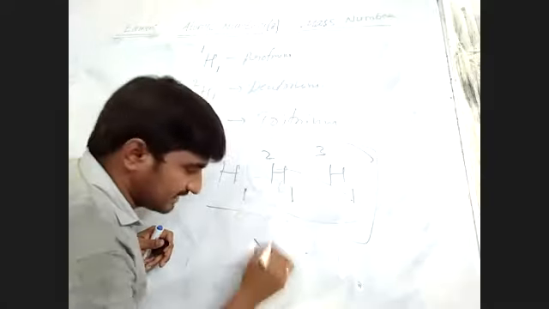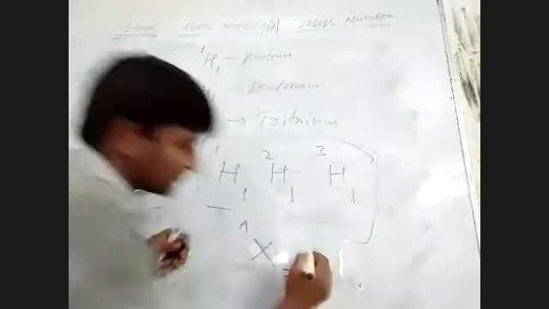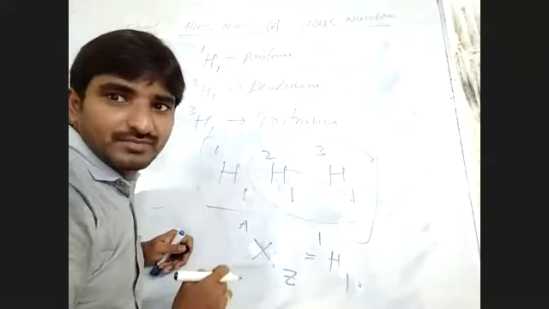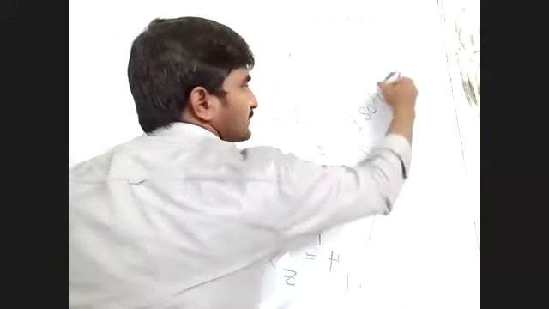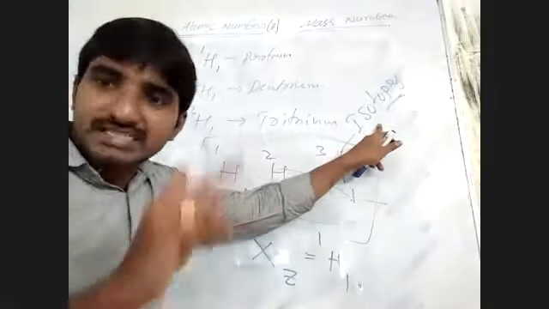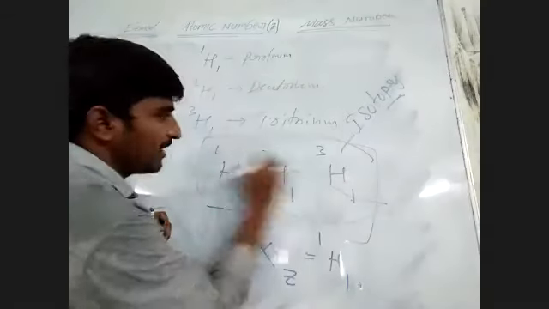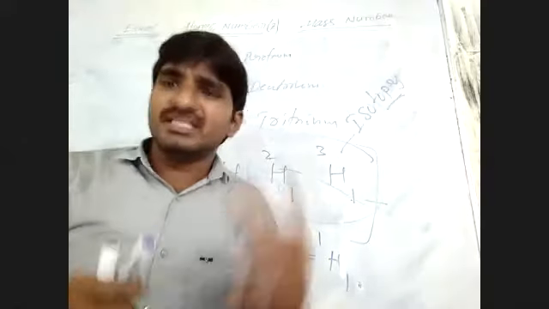Remember, X is the element, Z is the atomic number, A is the mass number. See, this is the representation. So here H11 like this. So atomic number is the same, mass number is different. That is called isotopes. Isotopes means tops. Top means power. So like that, mass number is different, atomic number is same. That is called isotopes. So each and every element exists as isotopes.